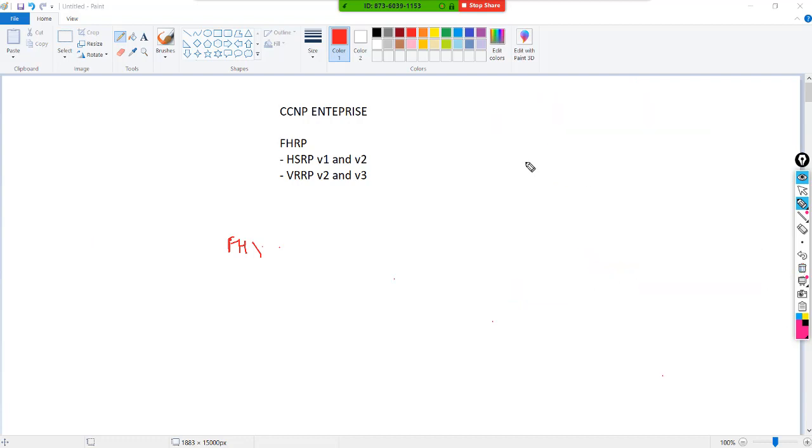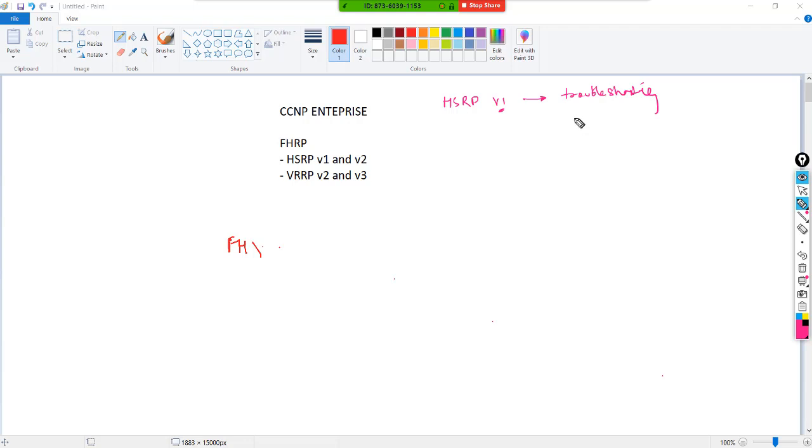So now let's check it out from the packet level. So in the case of HSRP version 1, the troubleshooting is a little complicated. Okay, the troubleshooting is a little complicated in case of version 1.